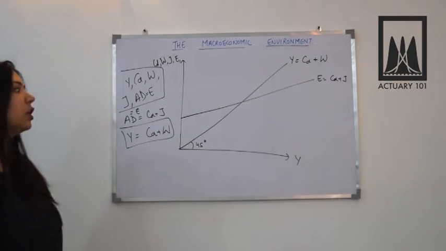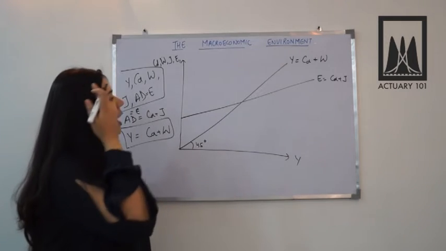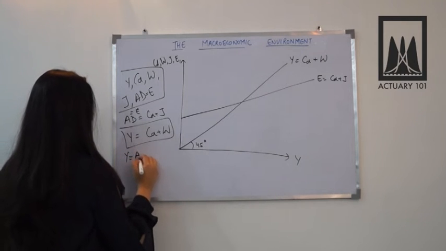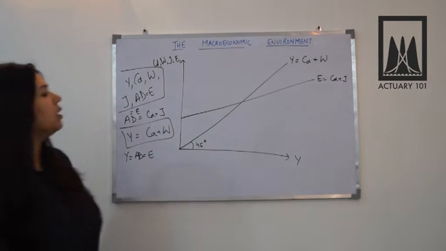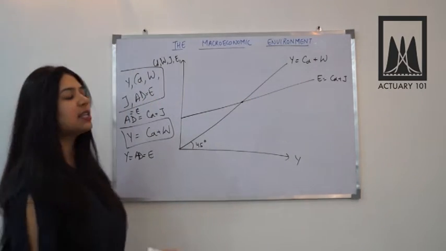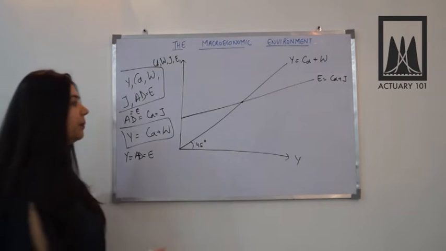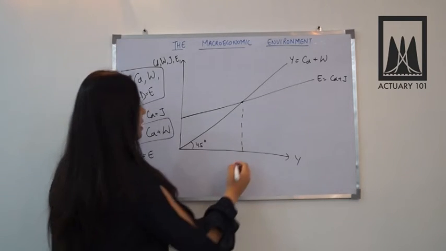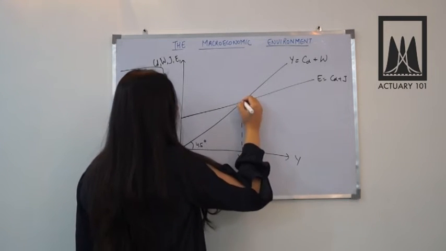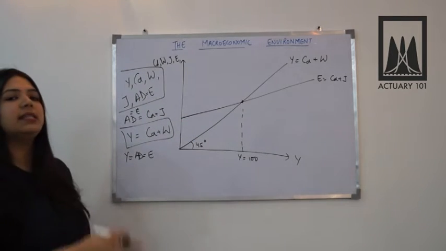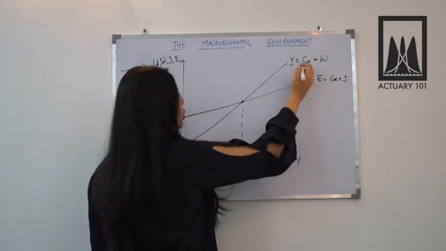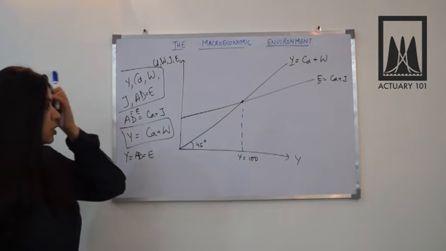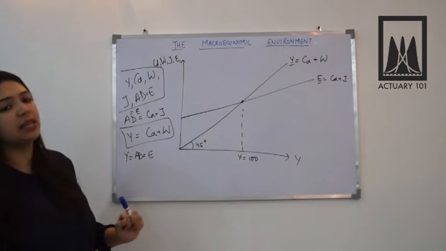So now I've got both my curves plotted on this diagram. Now I have seen that the national income is in equilibrium when Y is equal to AD, which is equal to E in this case. So this intersection, I can say, is my equilibrium point on the national income. And if I bring this down on the x-axis, basically national income, then I'll get Y is equal to 100 is the point where these two intersect, because we've already seen in the example that when Y is equal to AD, it was only at the national income level of 100. So we can say that here the national income is in equilibrium.